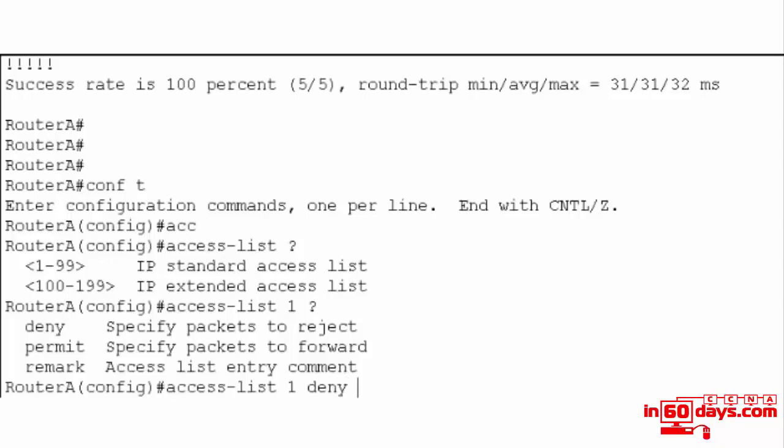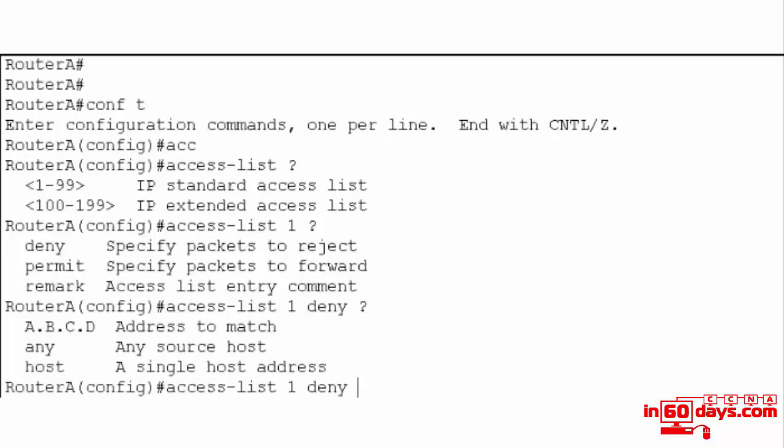You can either deny a host if you type a question mark, and I recommend as you do this you always type the question mark and just see what all your options are, because some you'll use, others you use now and again, and some are there but you probably wouldn't realise it because they're very rarely used. So we can deny a host if we just want to deny 10.1.1.1, or we can deny the 10 network just by typing